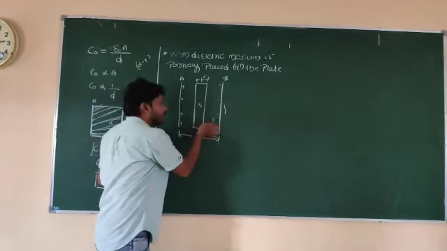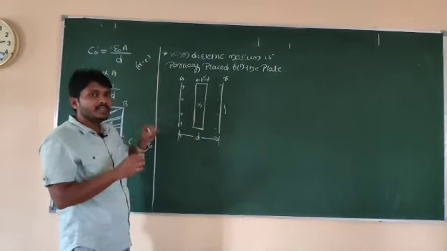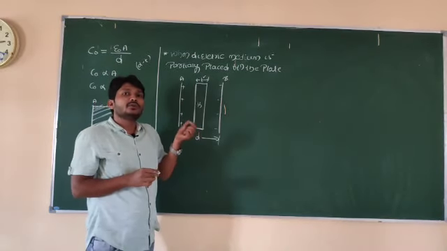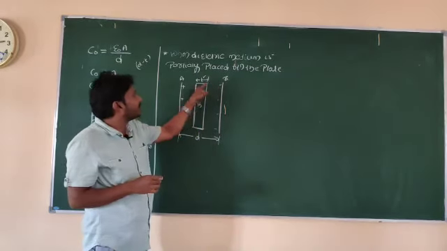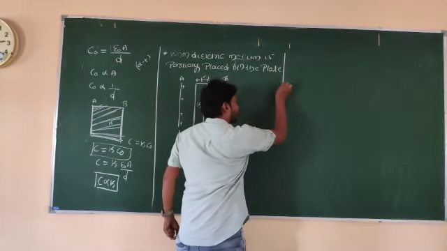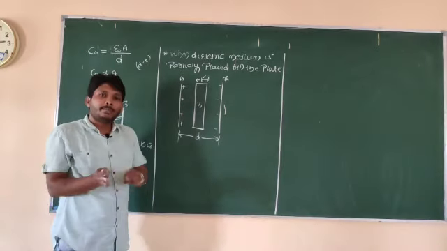How much space is occupied by air between the plates here? So that space is d minus t. Now let me calculate that. What is the work done to bring unit positive charge from plate B to plate A here? Let me consider that work done to bring unit positive charge from B to A.